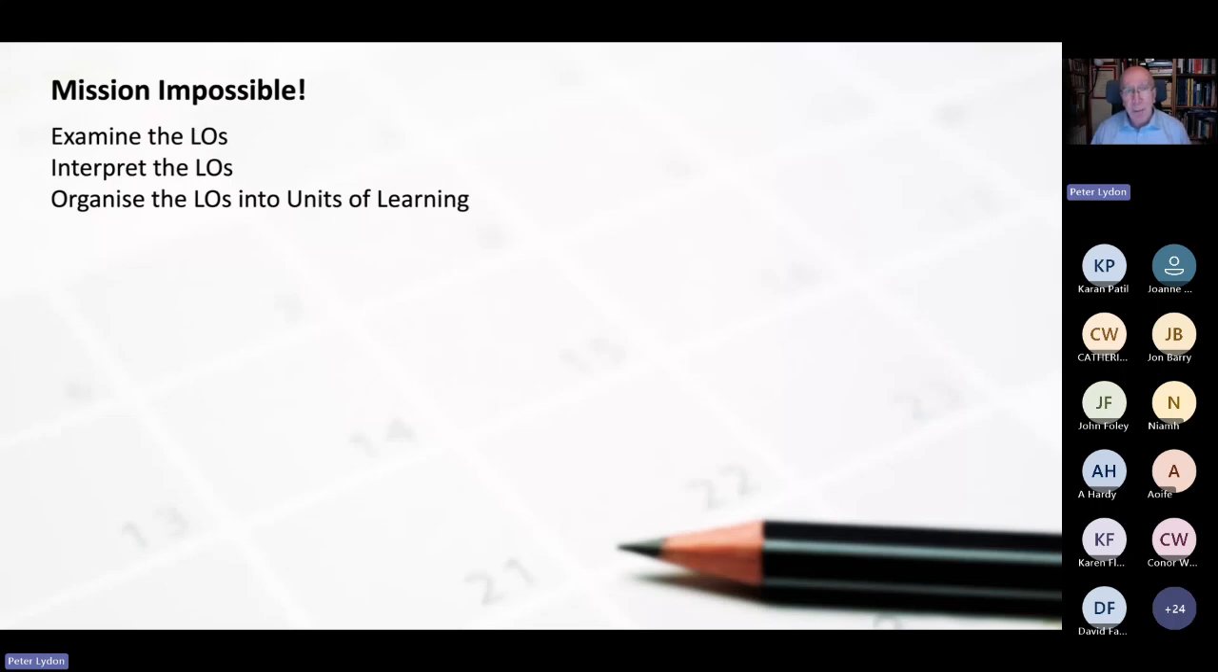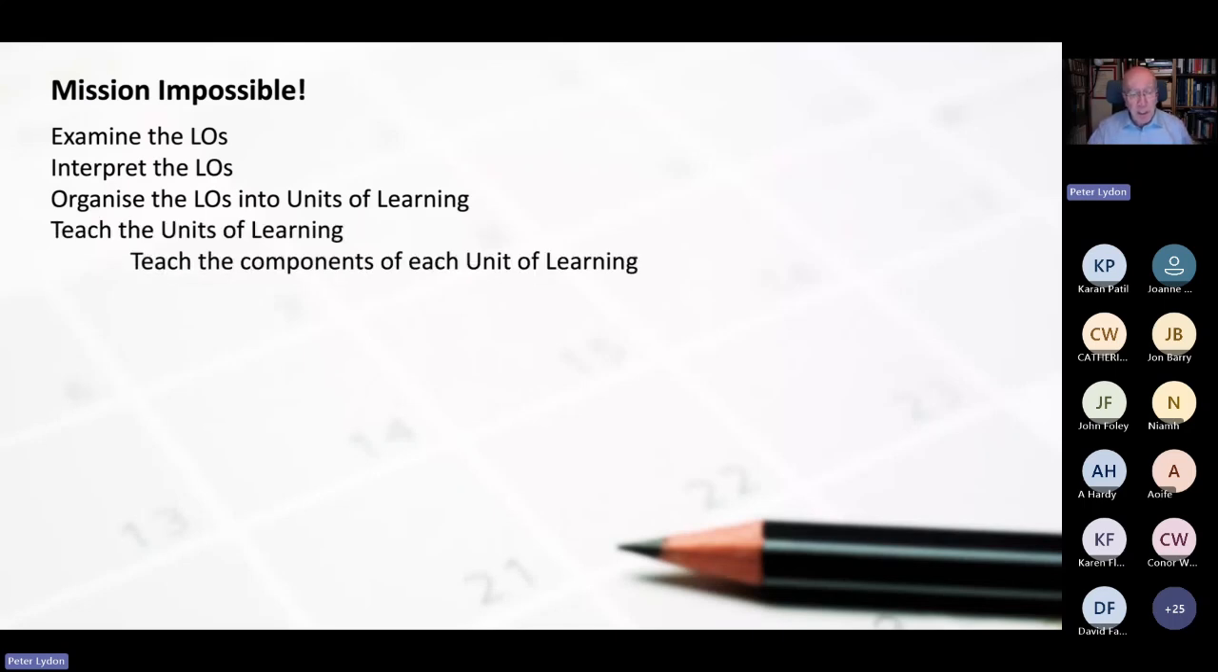Inspectors can ask for them when they come around. You don't need to have them all done, but I'll deal with that shortly. But you do need to have units of learning ready to go. Okay, then you have to teach the units of learning,